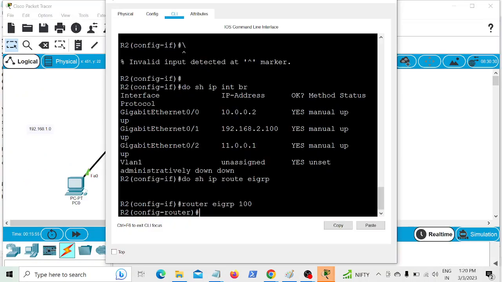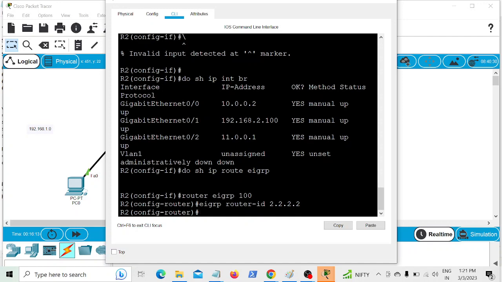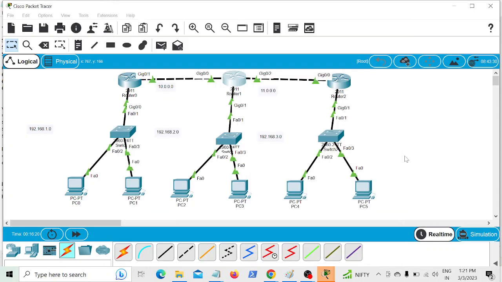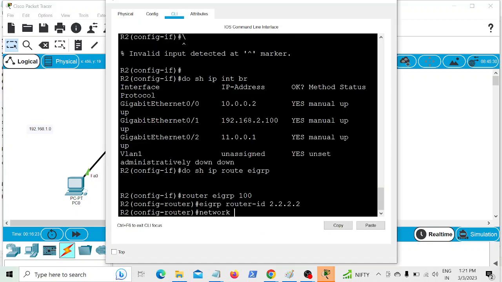So going to router 2. First I have given the router EIGRP AS number. Next I'll be giving the EIGRP router ID, which I'll configure as 2.2.2.2. Then for network, I will give the directly connected networks for R2. R2 is directly connected to 2.0, 10.0 and 11.0. So I'll give